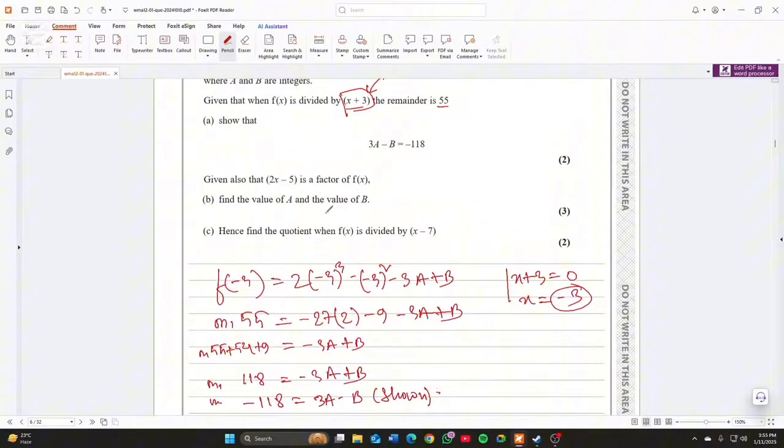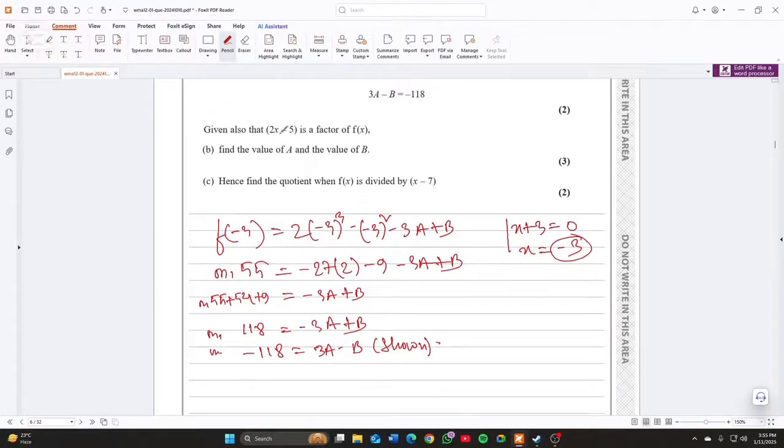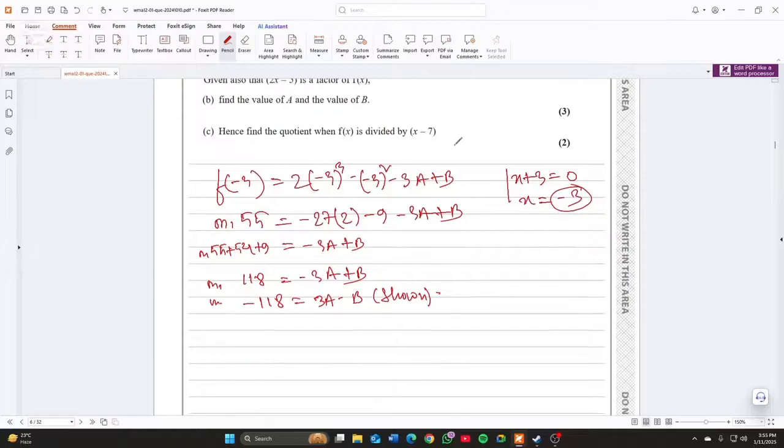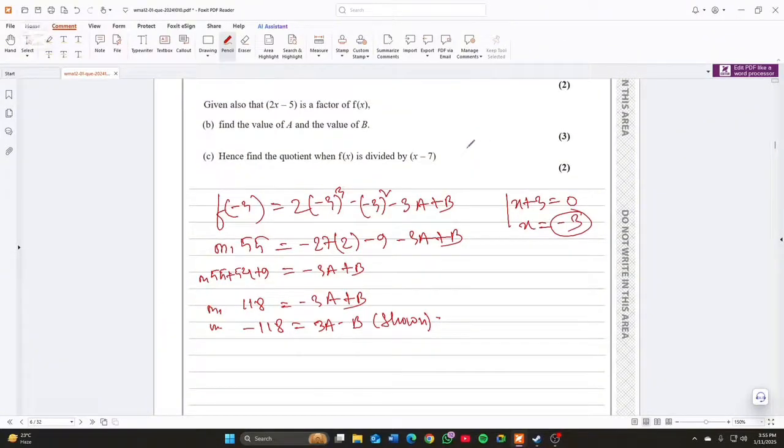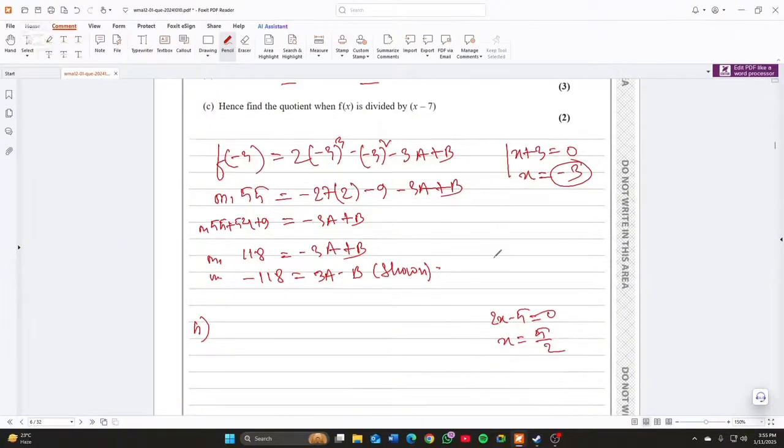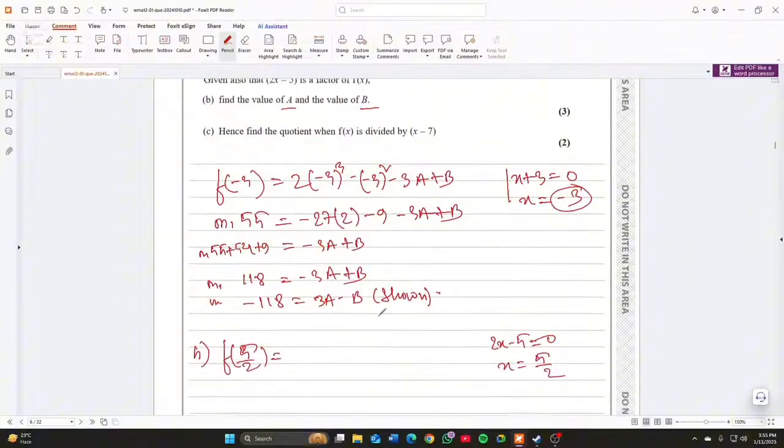There you go. Okay, then given that 2x minus 5 is a factor of f(x), I find the value of a and the value of b. So 2x minus 5 is a factor, therefore f(x) is 0. Therefore we put the value of x as 5 over 2, and if we input this value 5 over 2 into the function f, we get